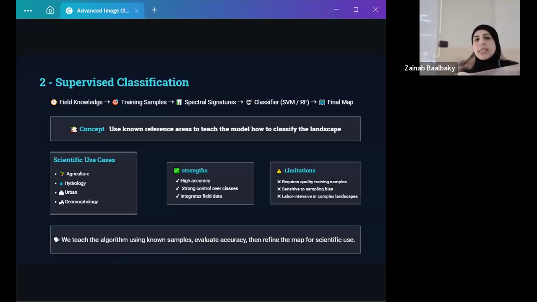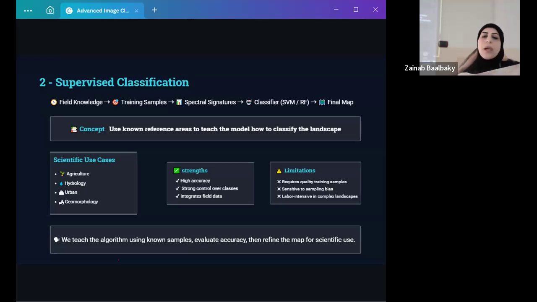Supervised classification is essential across many fields. When we talk about agriculture, we can talk about crop mapping. In hydrology, we can do water body detection. In geomorphological studies, we can do erosion modeling, or monitor expansion in urban studies. Many advanced environmental analyses, like the revised universal soil loss equation, specifically the C factor, or land cover change detection,